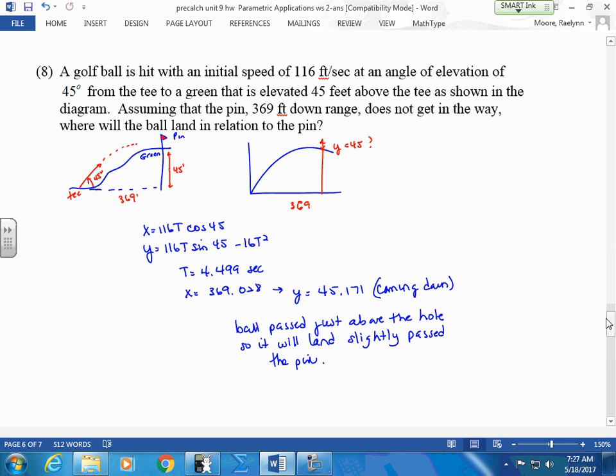So you're going to have to keep track of your Y. Is it to the left, before the pin, after the pin? If it's rising to the 45, it's before the pin. If it's coming down after the 45, it's after the pin. So we can see that it's coming down. The ball just passed, slightly past the pin. The pin is at 45. When Y is 45, if you can get close to this number, the X,